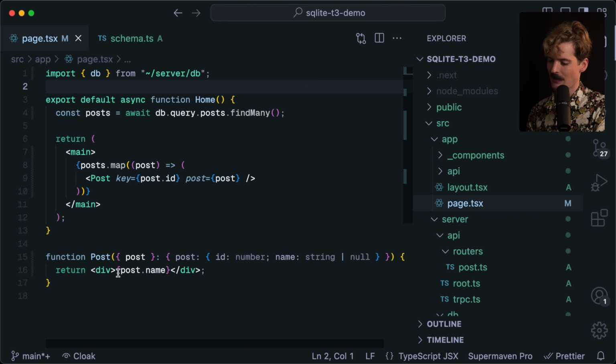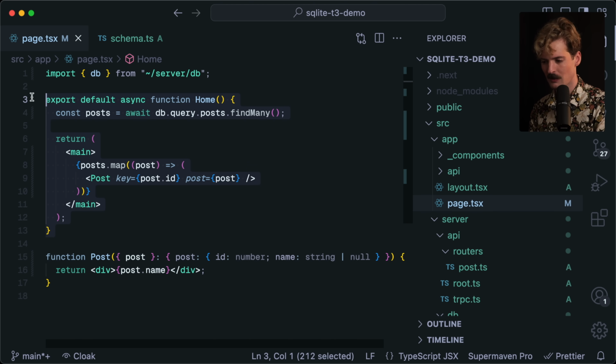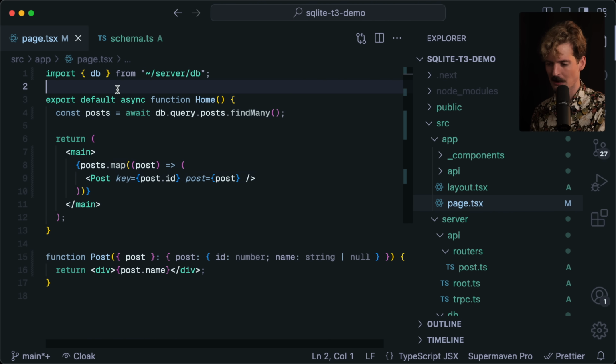The magic of server actions is when you can combine these things. Let's say we wanted the ability to delete these posts. That's where use server comes in. We don't use use server here because this code is already running on the server. We don't need to tell React or Next.js that.